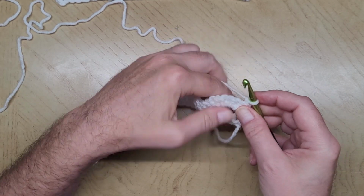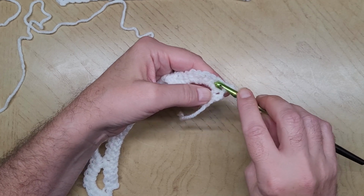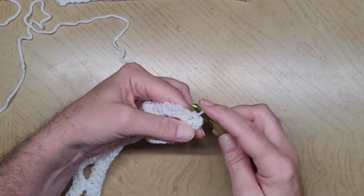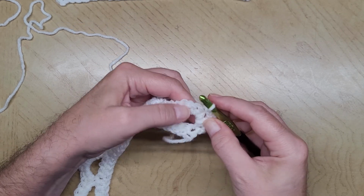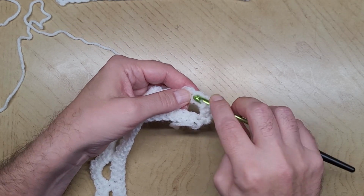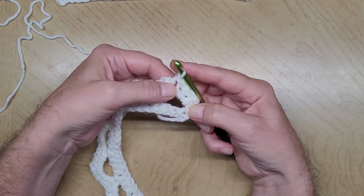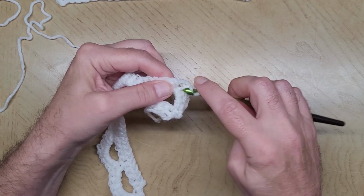Now when we start this row, we've already done our chain, so we're going to go into our second stitch and just do a slip stitch. 1, 2 slip stitches, 1 in the next stitch, and that will bring us to our little chain in between our stitches, where we'll do a slip stitch into that. So we've slip stitched basically to the middle of the 5 chain space. And now we're in it, so we're going to do a single crochet